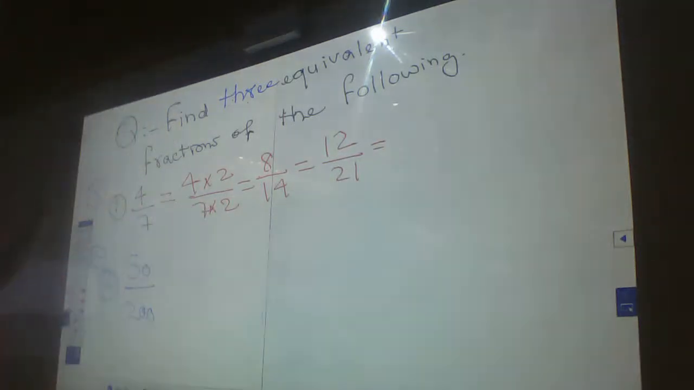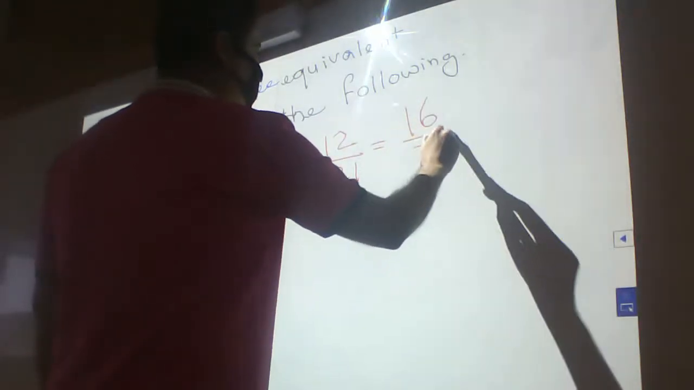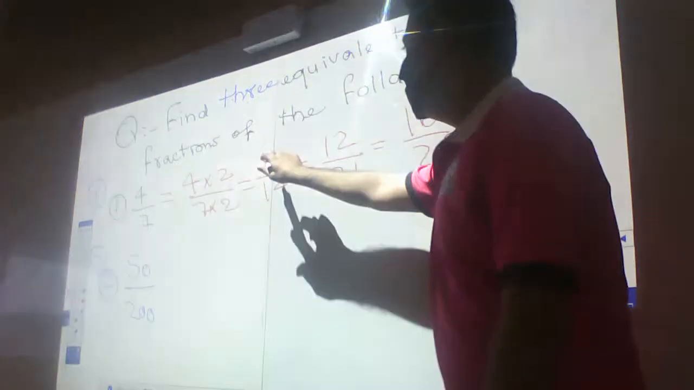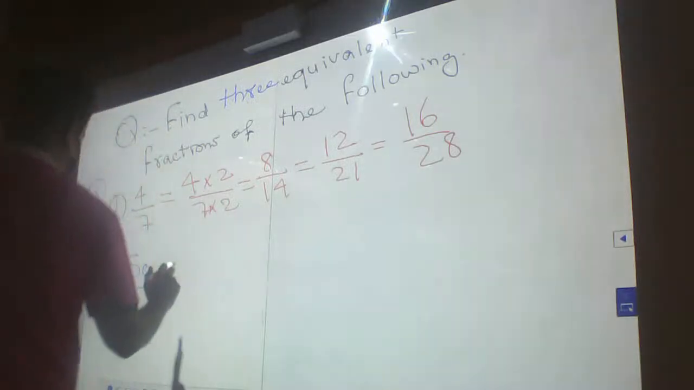Again, we will multiply by 4. 16 over 28, right? So we have to find three fractions. This is 1, this is 2, this is 3. Right? Now here,